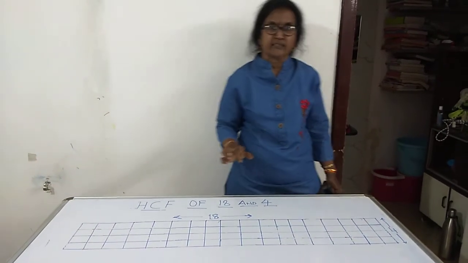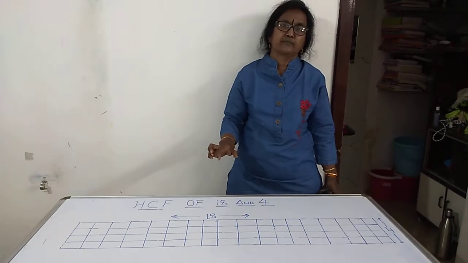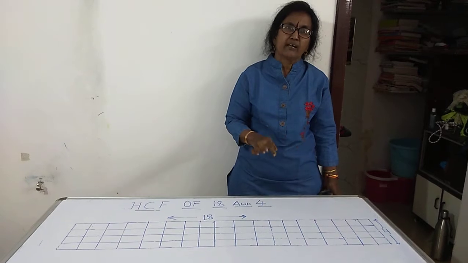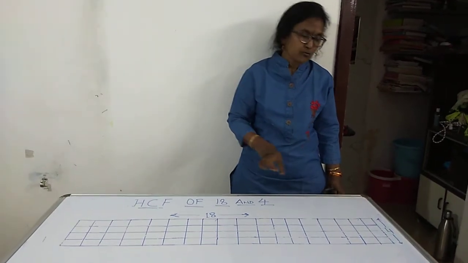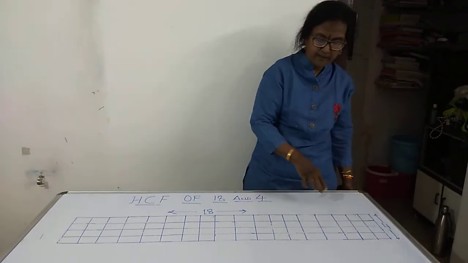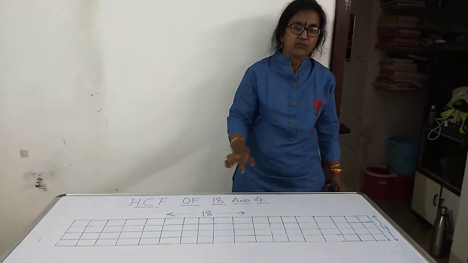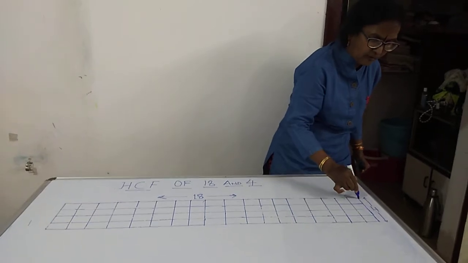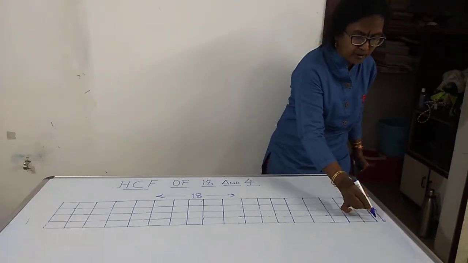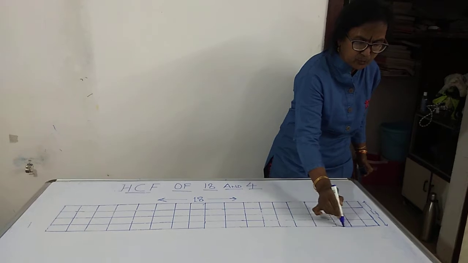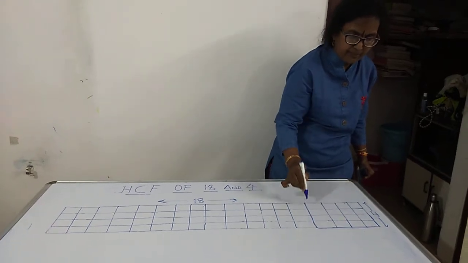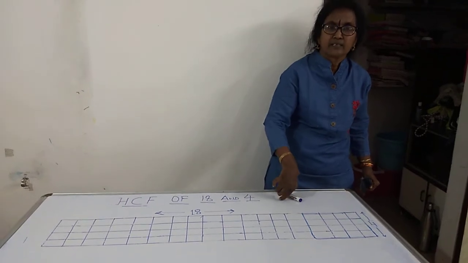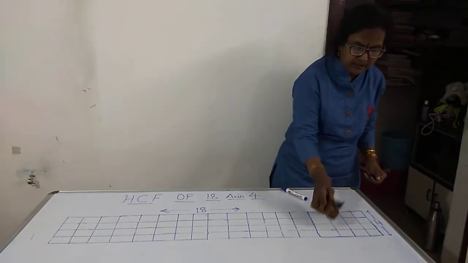Now the highest square length, how much can you make from this? These are 18 and these are 4. I want to frame a square with a maximum length. So you know that this length is 4 and this length is 18. So the square which we will be framing can have a maximum length of 4. 4 by 4. So 4 and 1, 2, 3, 4. This will be the maximum square which I can form from this rectangle. So we will rub out this.